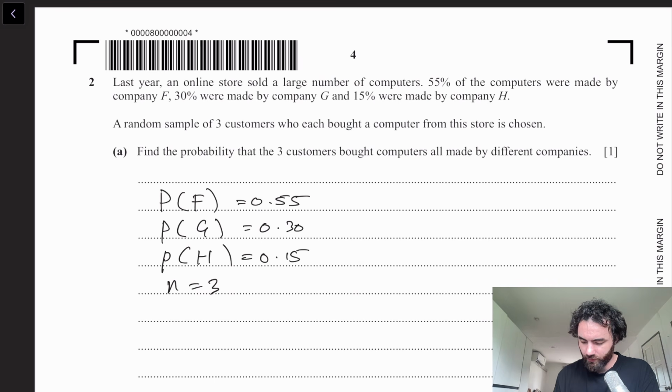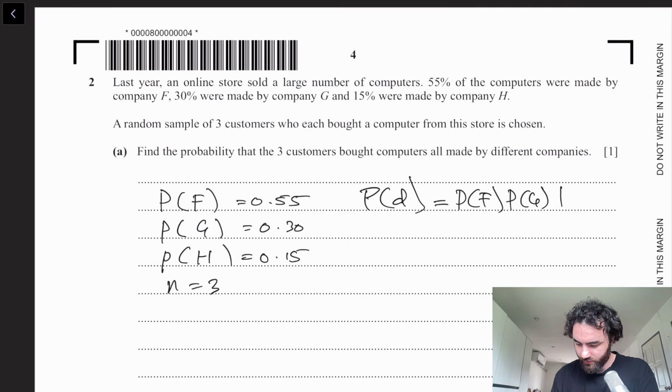Okay, well this is just the probability. If they're all made, well these 3 things that they bought, so the probability, let's say different, is going to be the probability of F times the probability of G times the probability of H. So that's 3 different scores. But however,